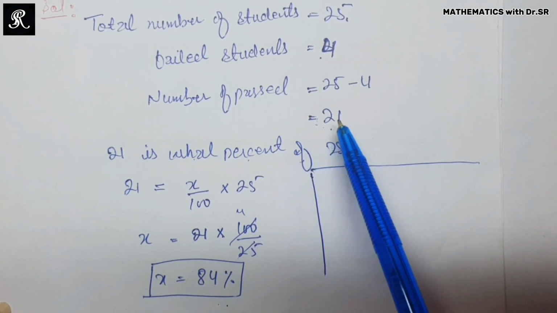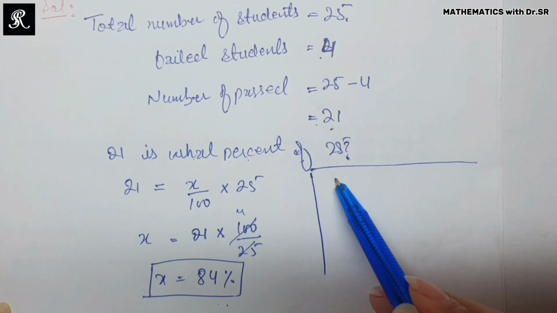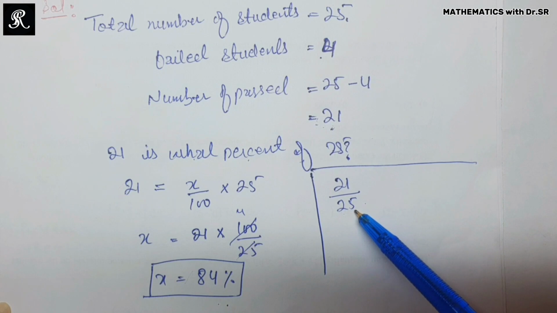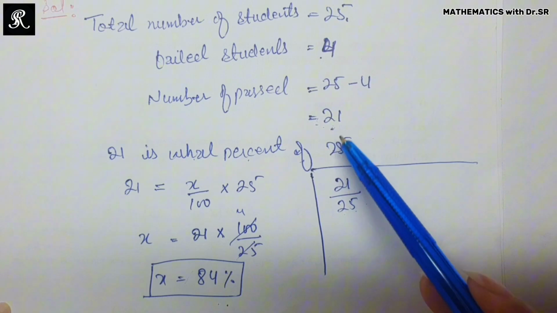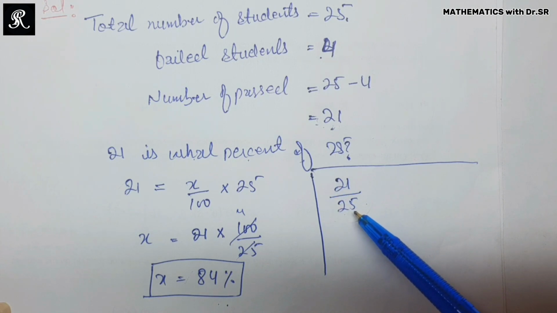If 21 students passed, we have this fraction 21 upon 25, because in total we have 25 students, number passed 21, and now we have this fraction and we can convert this fraction into